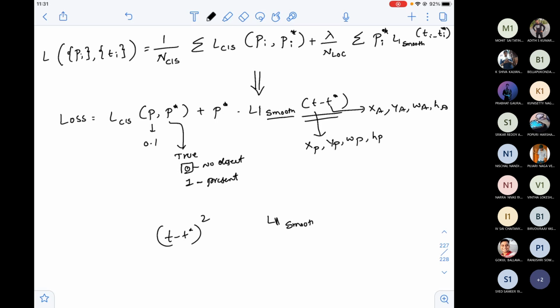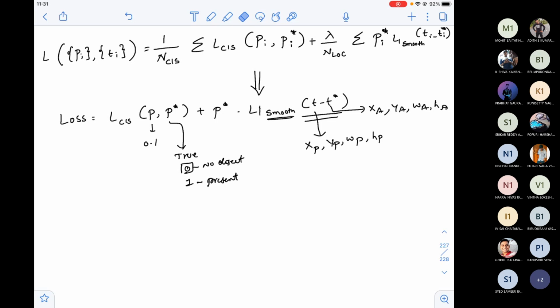Because it is smooth. Why is it smooth? Because the squared error loss is always sensitive to outliers, but L1 is not sensitive to outliers. So that's the reason I've used L1, and that's the reason I've used the word smooth. Okay, so now you understood what is L1 smooth, T minus T star.